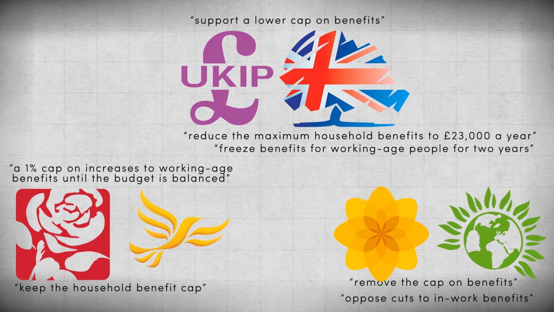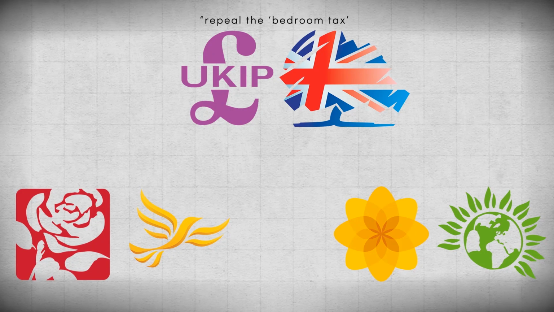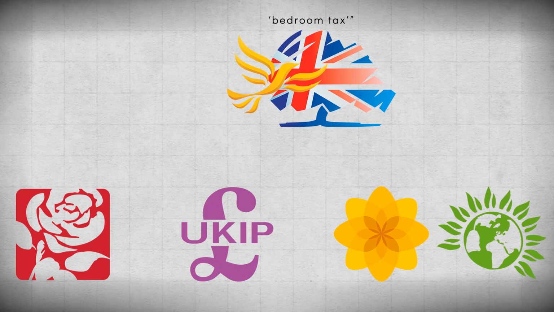Labour is proposing to cap child benefit rises for the next 2 years, while UKIP would limit child benefits to 2 children and also stop child benefits for children who live abroad. Repeal the bedroom tax, which was introduced by the coalition government and reduces housing benefits for those with vacant rooms,